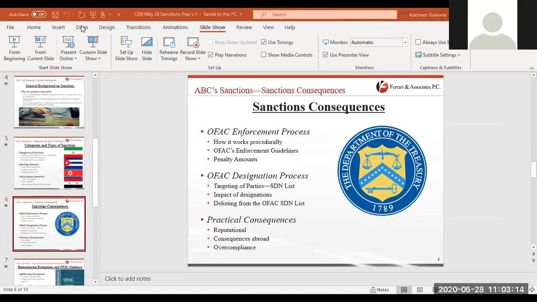The penalty amounts go all the way up to criminal prosecution, and those criminal prosecutions, depending on the sanctions program, can be up to 30 years imprisonment. The civil penalties are what most people are concerned with, and those numbers recently changed in April. As of April 9th, the maximum penalty under sanctions programs issued under the Trading with the Enemy Act was $90,743. Under IEEPA, it was $307,922. Under AEDPA, the Anti-Terrorism and Effective Death Penalty Act, which deals with foreign terrorist organizations,